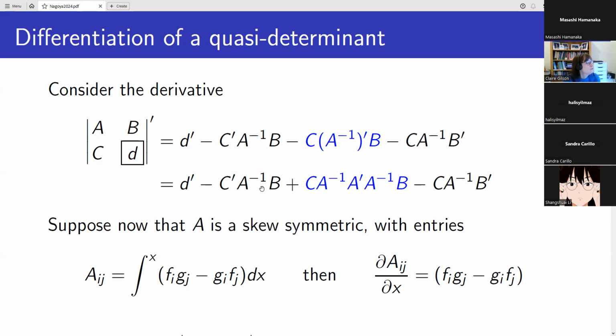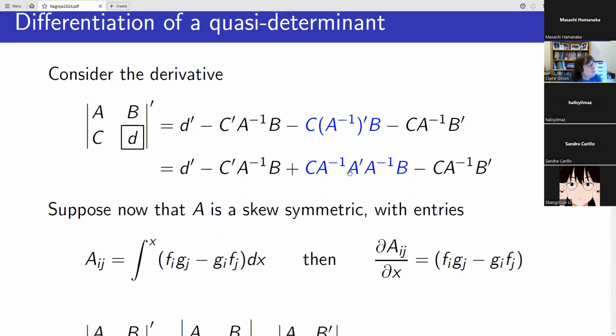The first 2 terms can be put back together easily as a quasi-determinant. This term in the middle, if I use the little trick that a to the minus 1 differentiated is actually minus a to the minus 1 times a differentiated times a to the minus 1, I can rewrite it in this form here. But now let's take this a dash, that's the derivative of the a, and say it's got a particular form. The form that you find in Pfaffians and things is some sort of skew symmetric object.